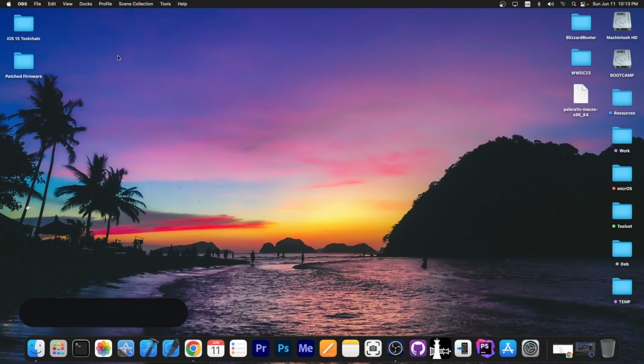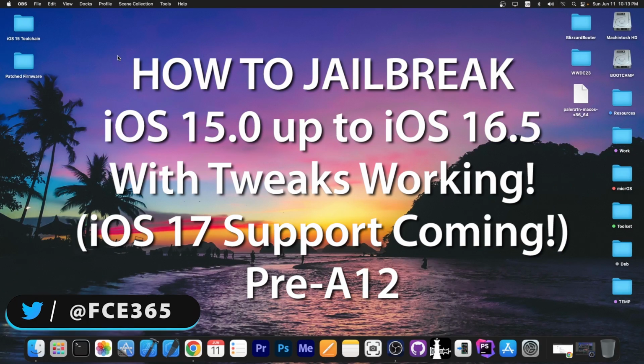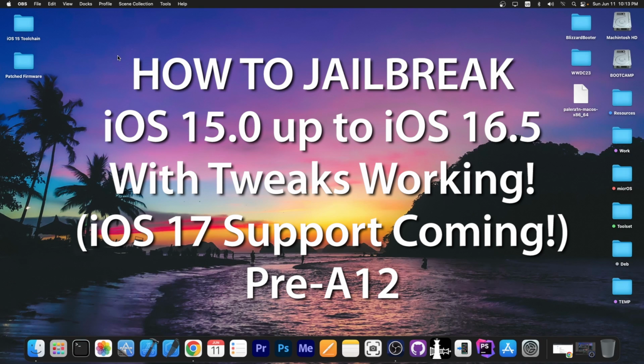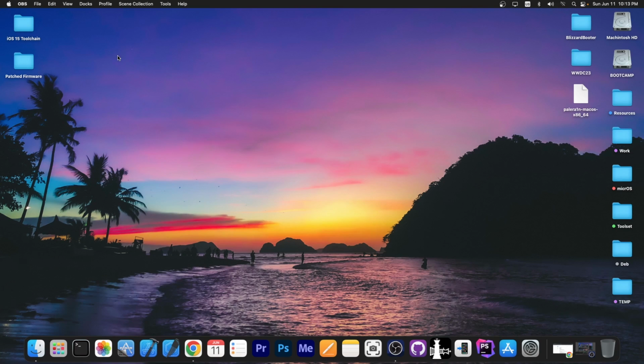So in today's video I'm going to show you how to jailbreak iOS 15.0 all the way up to iOS 16.5 on A11 or older devices. So this is going to support iOS 15.0, 15.1, 15.4, 15.5, 16, 16.1, 16.2, all the way up to